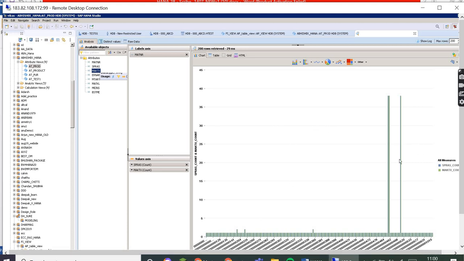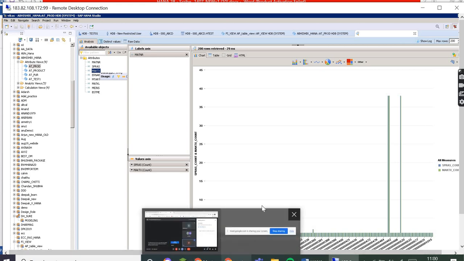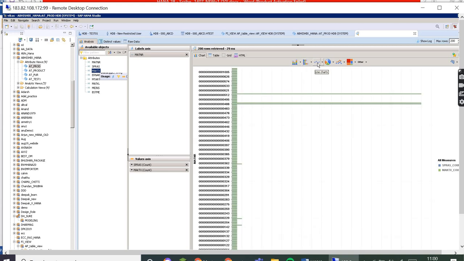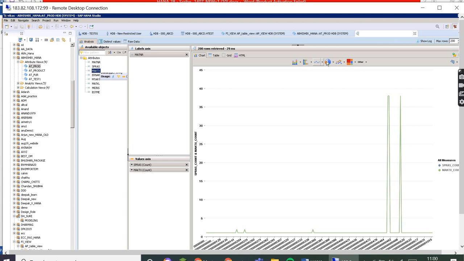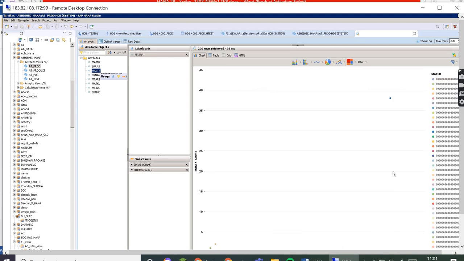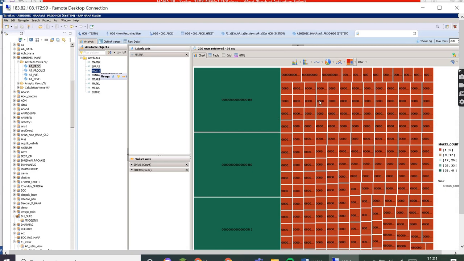So this is one kind of view output, right? You can see this view in this vertical format, okay? If you want to see this in horizontal format, or in this graphical format, or this pie chart, this will show you the detail in that format. So it's up to you how you want to present the data for the user. So this will be shown here in this way, right?